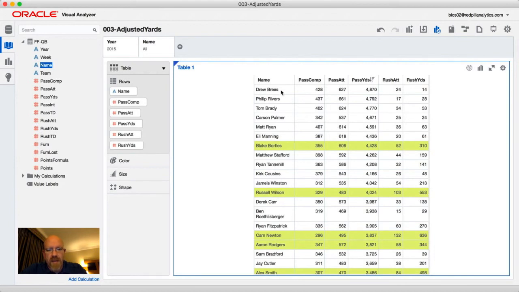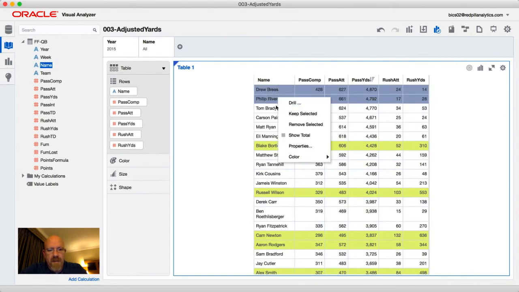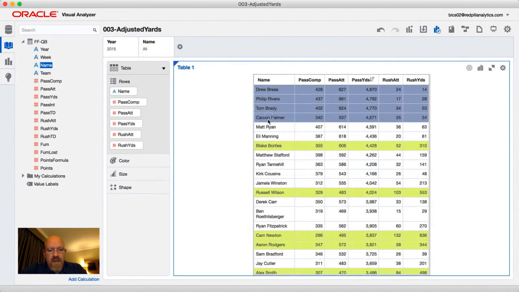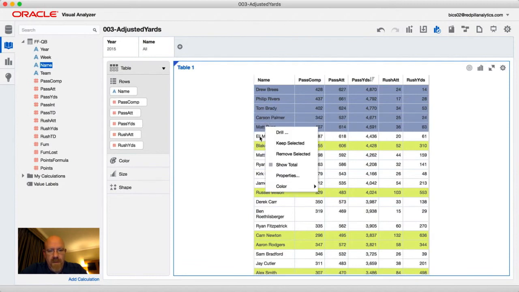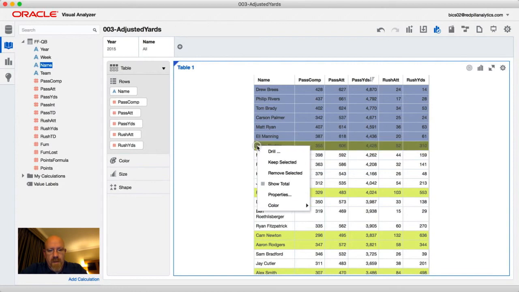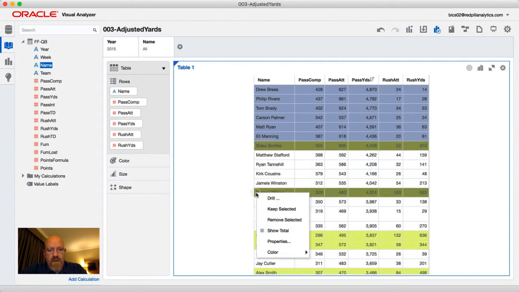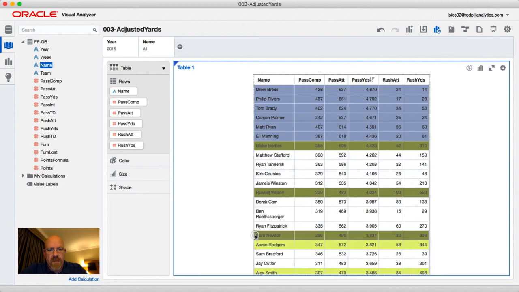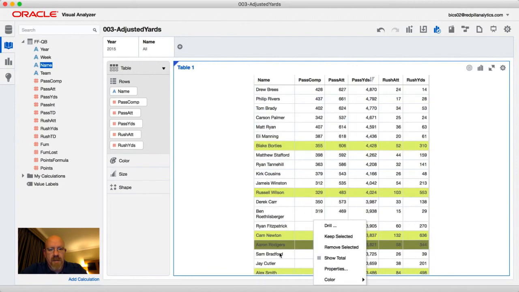So now I can come in and select all the quarterbacks I want. I know I want my top 6, and apologies for that pop-up, that keeps appearing because I'm using the control button on the Mac here, and that makes it a little weird to select. So I'm just going to keep,